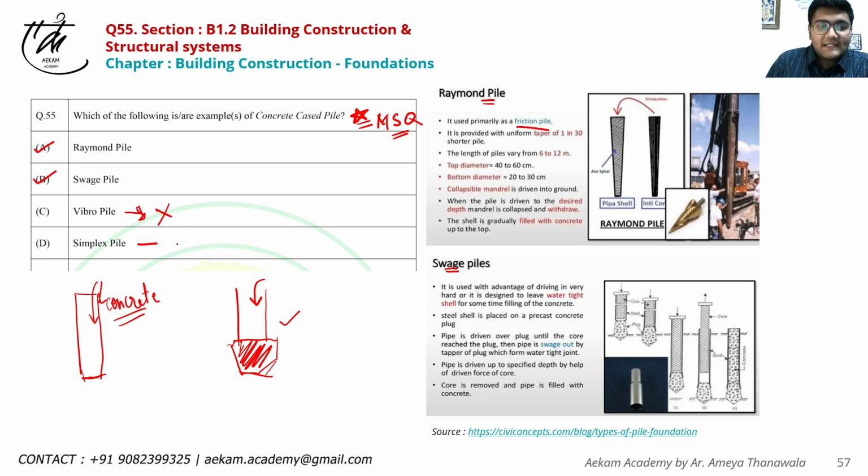And simplex pile, again, what happens is in simplex pile there is concrete casing, but that is temporary in nature. That's why you cannot consider it as a permanently cased concrete pile. But again, I would say there's some sense of ambiguity still. But simplex pile would not be the correct answer. So the correct answer for this MSQ question is option A and option B, which is Raymond pile and Swage